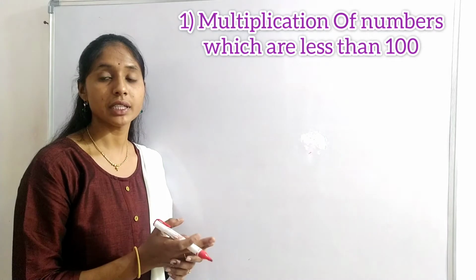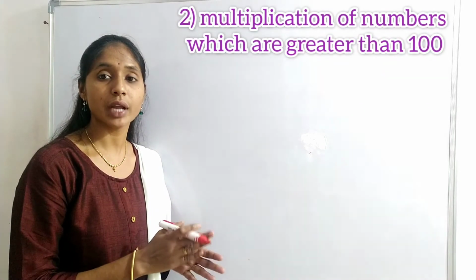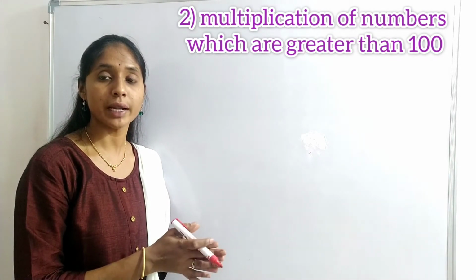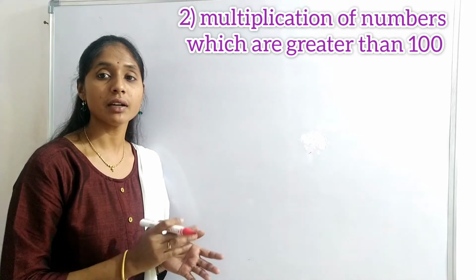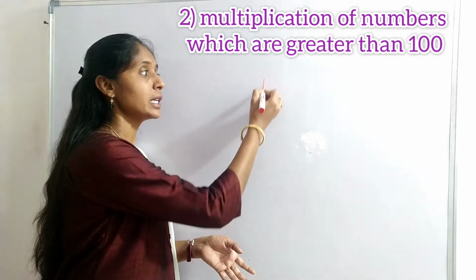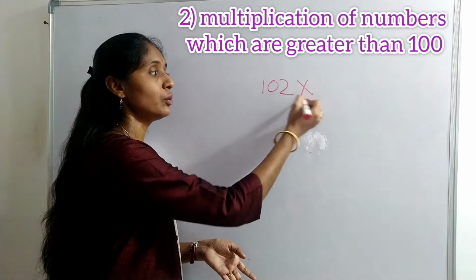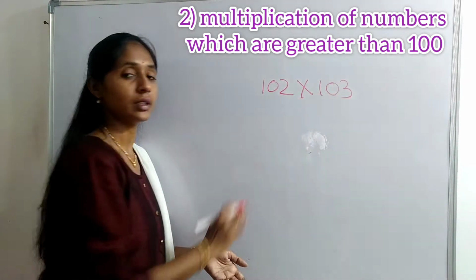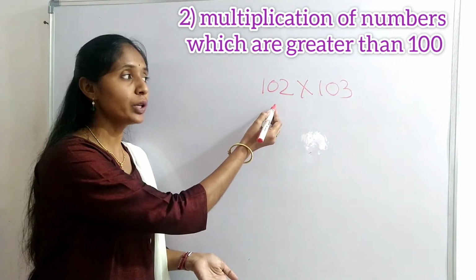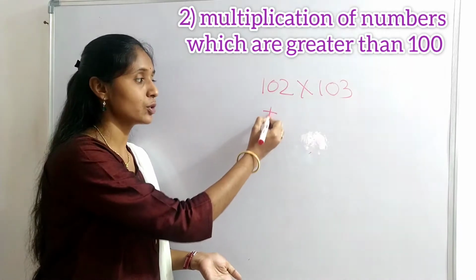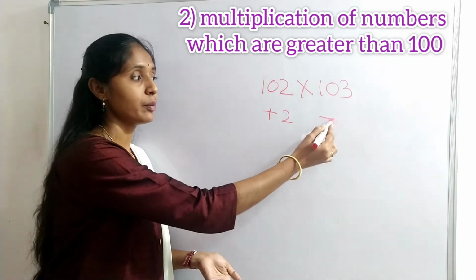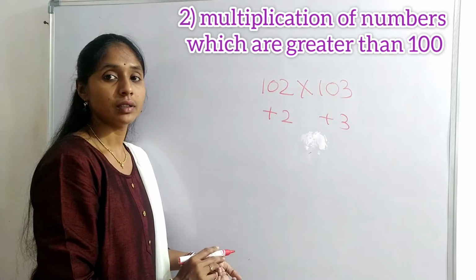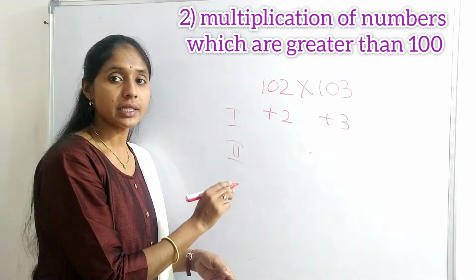Okay. Let us see numbers which are greater than 100. Okay. Multiplication of numbers which are greater than 100. Example 102 into 103. Okay. Here 2 is greater than 100. So plus 2. And here plus 3. This is first step. In second step,